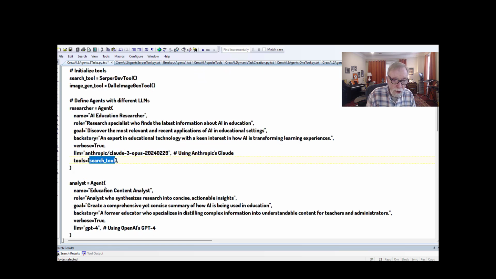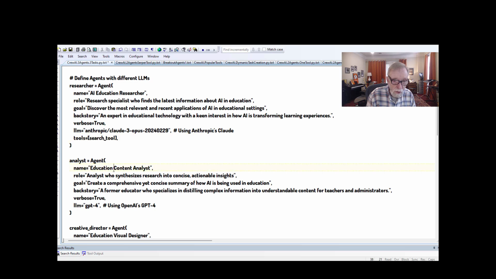Now we're going to have the education analysis, content analysis. There are not going to be any tools associated with it. So this agent is going to use GPT-4 to do the work. Now you may ask, well, what is Anthropic Claude doing here with the search tool? When CrewAI